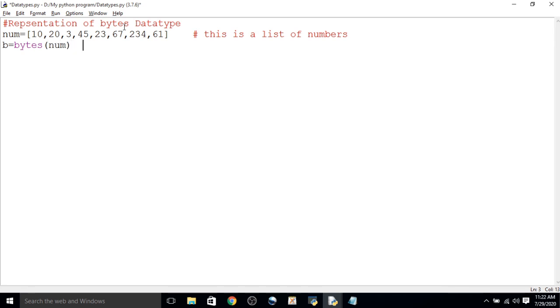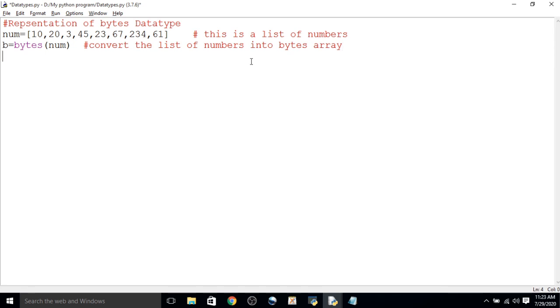What does that statement do? That statement will convert the list of numbers into a byte array.